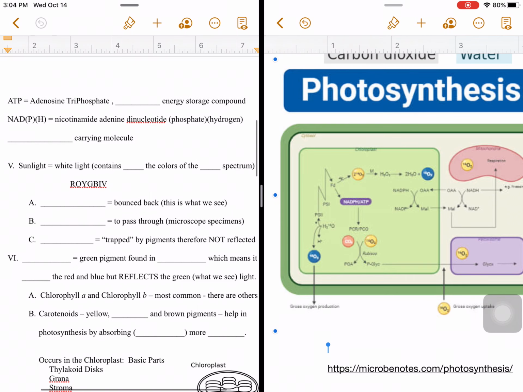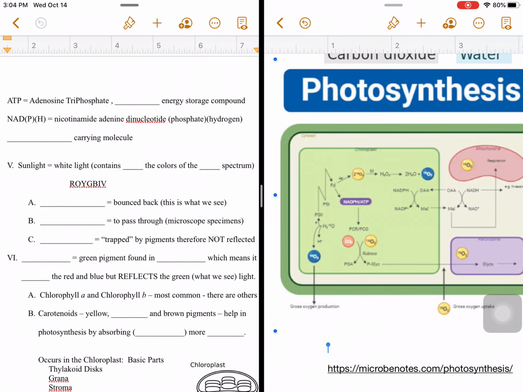And so what is that energy molecule that they need? It is ATP, or adenosine triphosphate. And this is a high energy storage compound. They actually need some ATP to build these molecules, because it's an anabolic reaction, or endergonic, which means it takes energy to make it happen. So we have to make a little bit of energy, and then we're going to spend that energy. So we have a net loss of energy, not a net sum of energy.